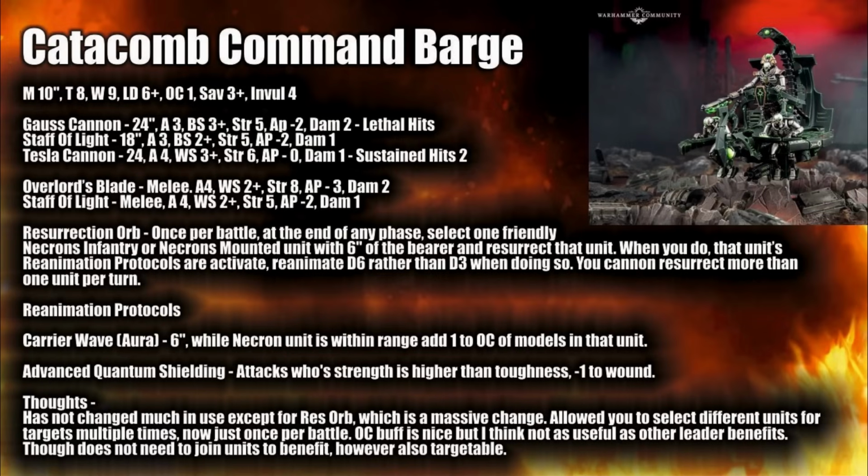But yeah, the problem with a lot of Necron parts is that they do have so many leaders that they can attach to units and things, making more viable for points. So again, I don't think the Catacomb Command Barge was in high use beforehand, and it may struggle as well going forward. I do think the objective control buff is nice, but I just think there's other leader abilities that